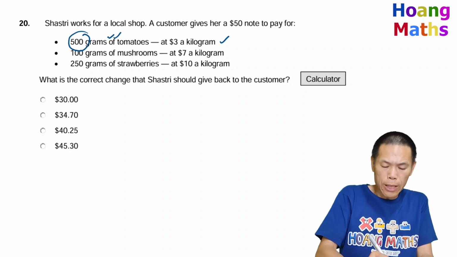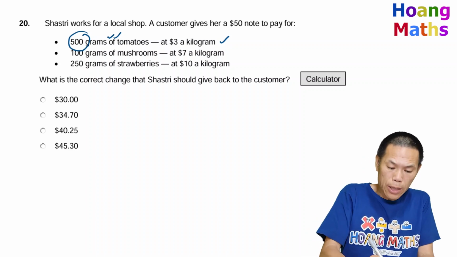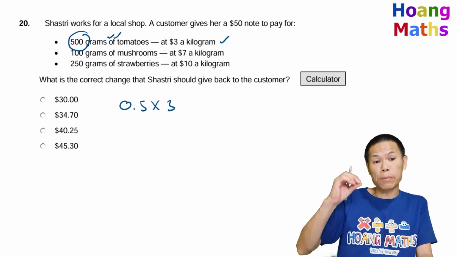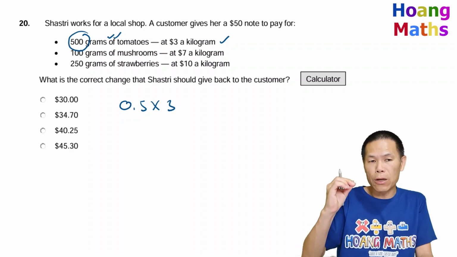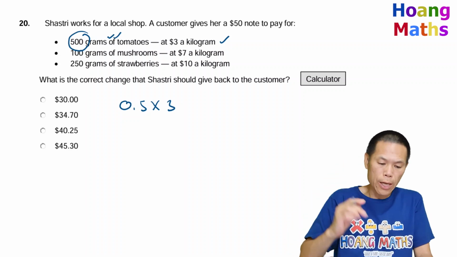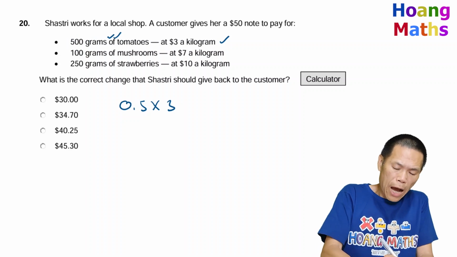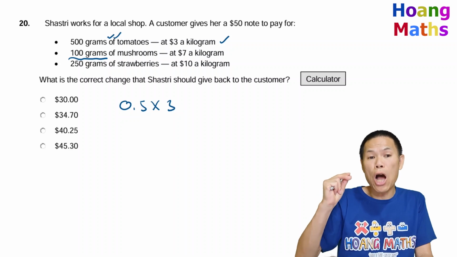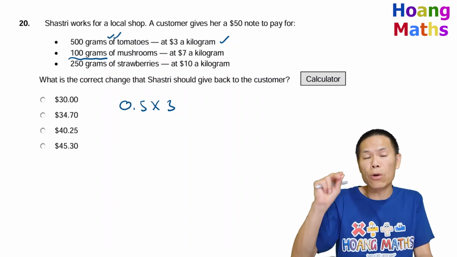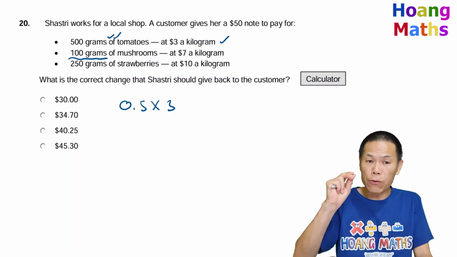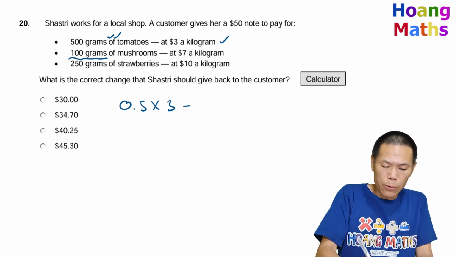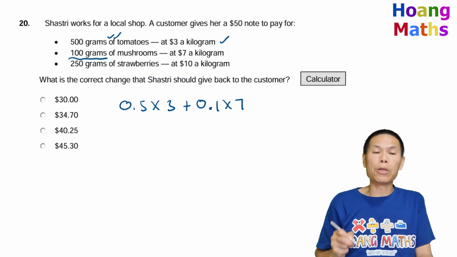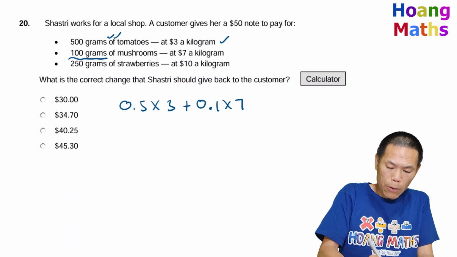So let me just write this down here, because we are allowed to use a calculator. So 0.5 kilograms, we times 3, because 1 kilogram costs me $3. So 0.5 of a kilogram, so we go 0.5 times 3. And this one here, 100 grams of mushrooms, that means it's the same as 0.1 of a kilogram, because from grams to kilograms we divide by 1,000, and 100 divided by 1,000 gives me 0.1. So we add 0.1 times 7, because $7 per kilogram, and then we add